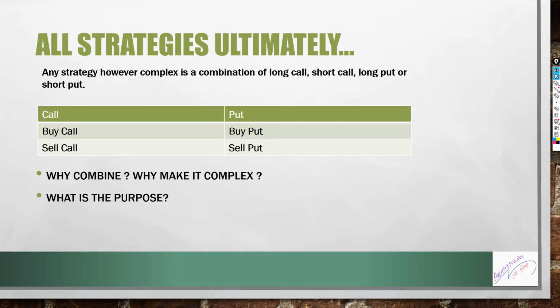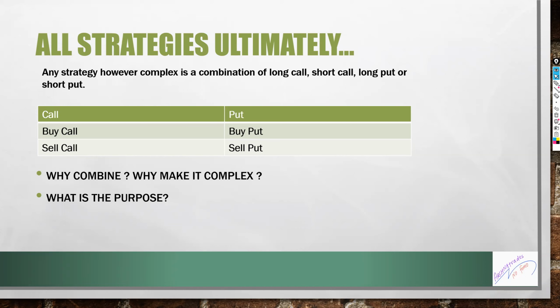You can buy one long call, short two calls. Or buy two calls, short one call. You can do all kinds of permutations and combinations, and combine these together and come up with strategies. Why would you do that? Why make it so complex when you can just have one long call or a long put, right? It feels complex because you're adding legs to your option strategy, but by doing such things, you are taking advantage of the volatility. You are taking advantage of the premium decay that options provide, right?